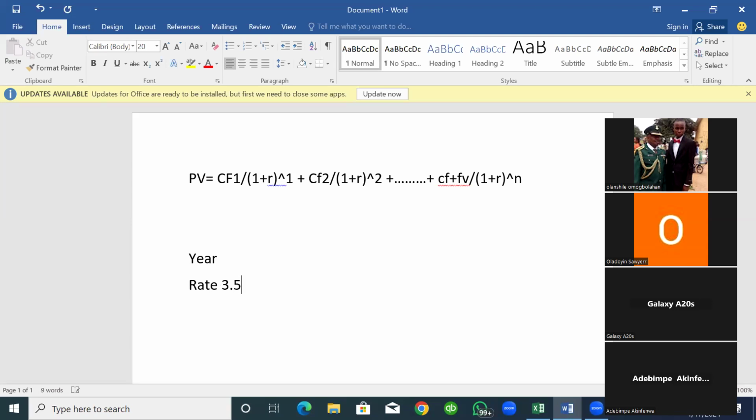Under year 1, you have 3.5%. Under year 2, you have 4.0%. Under year 3, you have 4.7%. Then under year 4, you have 5.5%. Is that clear? Yes. So required: